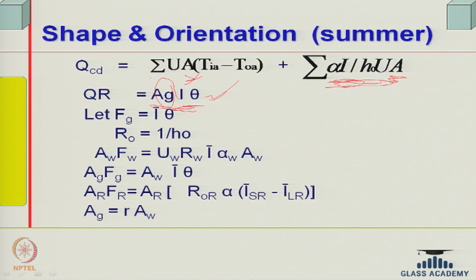So, the total radiation heat gain through opaque surfaces as well as transparent surfaces, plus the heat gain due to temperature differences, is what one would like to minimize in case of summer. So, choose the best shape and orientation. Now, that would be governed by the area of the glass and the area of opaque surfaces altogether. This area corresponds to those areas which only receive radiation. This area is the total surface area of the external facet, where some surfaces might receive radiation, some may not. So, this per unit volume one would like to